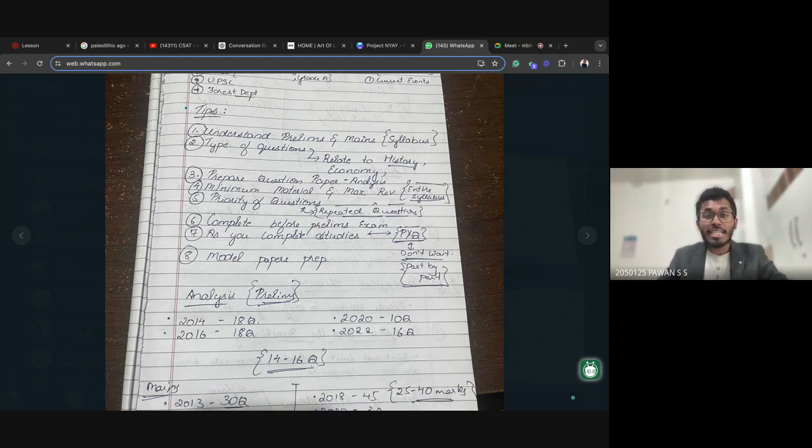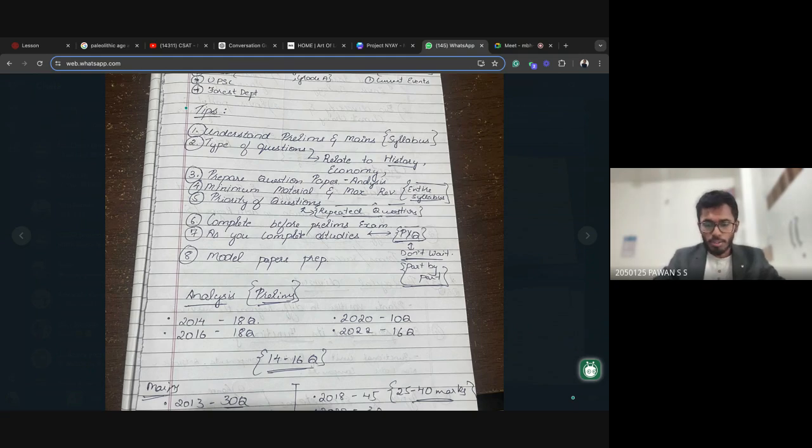Second one, try to understand the types of questions, the types of questions which they generally try to ask. For example, with anything in ecology and environment you're trying to learn, try to relate it. For example, if you're learning about climate change, you can even connect it to the economy aspect. And there are many concepts over here which will also be connected to history. So kindly look over that also. That also will be very helpful for you guys.